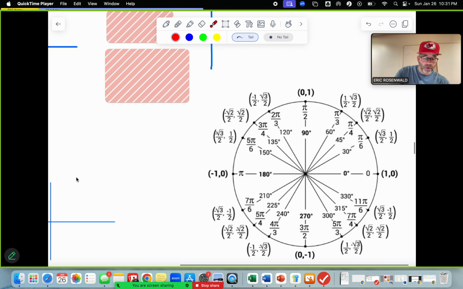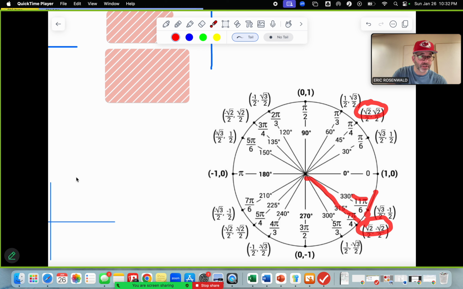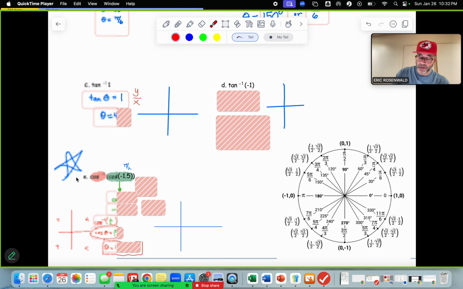The only way I can get a y divided by x to equal 1 is going to be right here or right here. You're looking at the numerators right there, y divided by x. And remember, we always said when tangent, you just ignore the denominators. Well, only one of these will work, because when I look right here, this is going to generate a -1 relationship. And when I look right here, this will generate a +1 relationship when I do the y divided by the x. Okay? And so if that's the case, my answer for this is going to be pi over 4